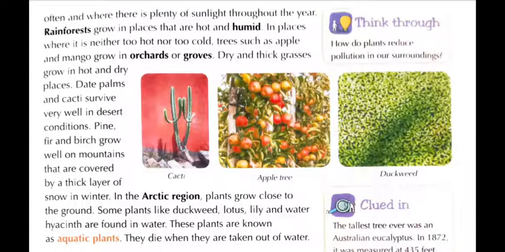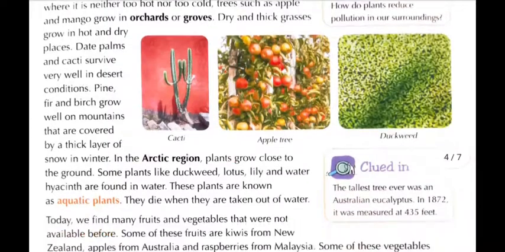So date palm and cacti survive very well in desert conditions. Pine and birch grow well in cold regions, that is, on mountains. The plants that grow in water are known as aquatic plants. Examples of some aquatic plants are duckweed, lotus, lily, etc. Okay, so now move on to next, that is